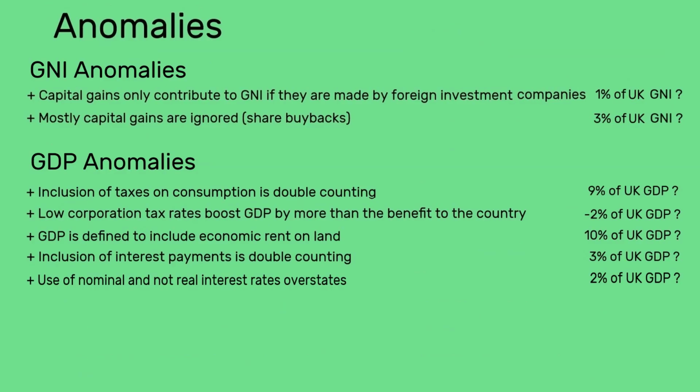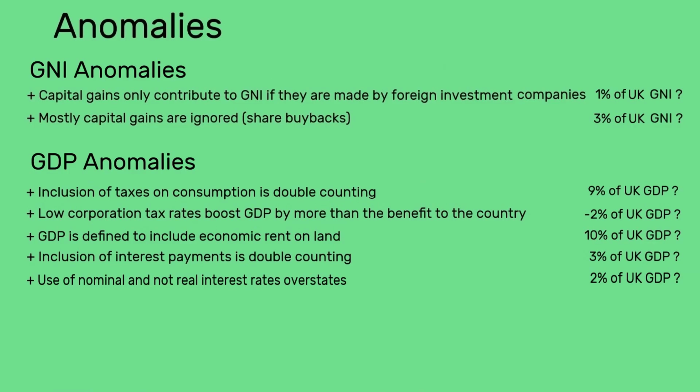Anomalies. This is a list of ways in which GNI, that's gross national income, and GDP are misleading. These are ways in which GNI is less than it could be and GDP is more than it could be. Regarding GDP,